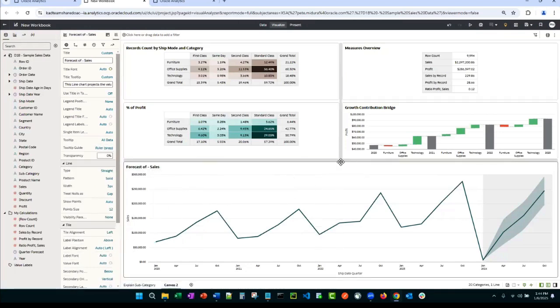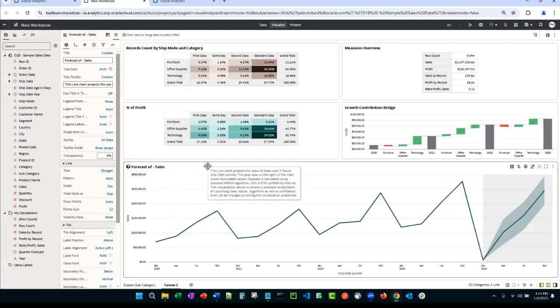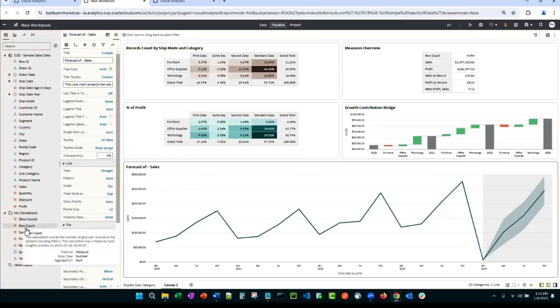So the best thing about these Auto Insights is not only is it looking at it holistically, it does a few other features for you. If I hover over here, it gives you a detailed description of the visual it created in case you're not quite sure. In addition to that, you can see down here I have calculations. I didn't create those. They didn't come in with my data set. These are calculations that were created by the Auto Insights engine itself to support some of these visuals.